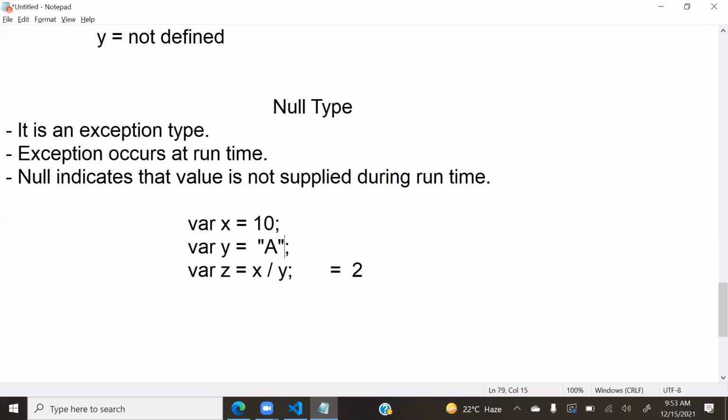The compiler itself says that I can't divide with a string type. That's okay, good. But if I give 0,